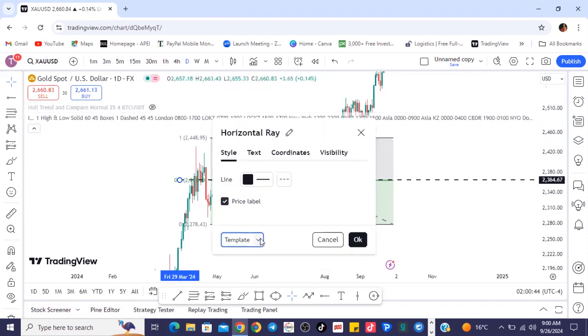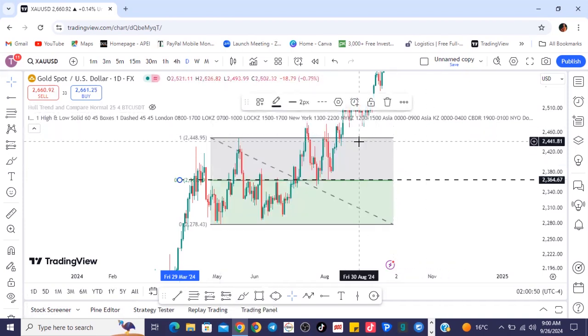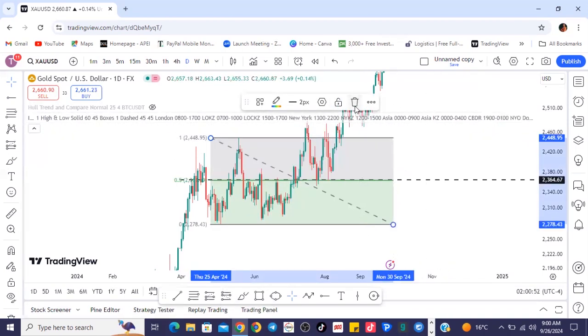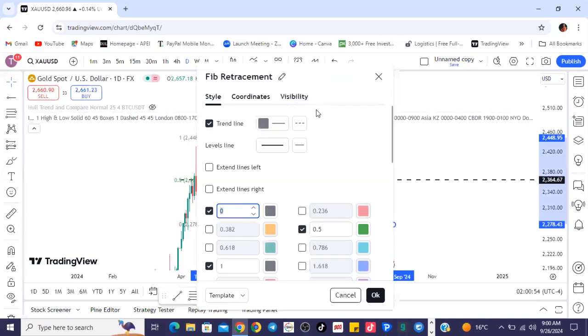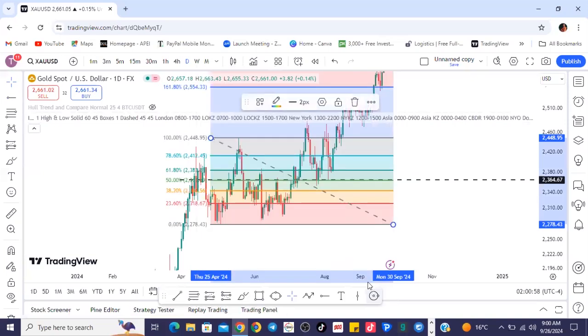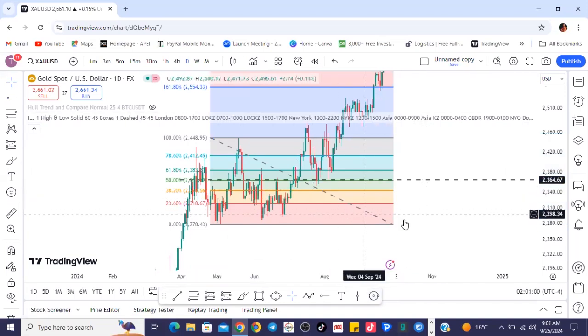So let's go back to our normal Fibonacci. Let's delete this and go back to our normal fibs. So this is the normal fib, like we had drawn there. So now